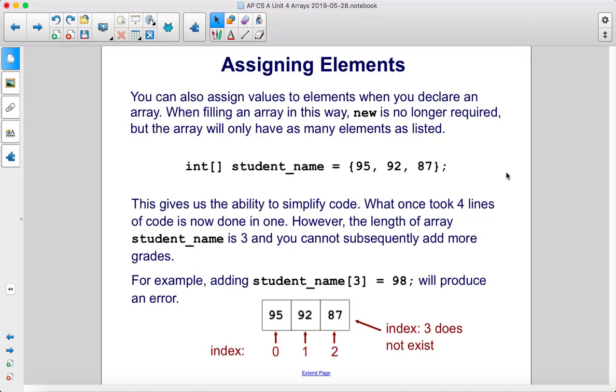You can also assign values to elements when you declare an array. When filling an array in this way, new is no longer required, but the array will only have as many elements as listed. So here, this array will have 3 grades in it. int[] student_name = {95, 92, 87};